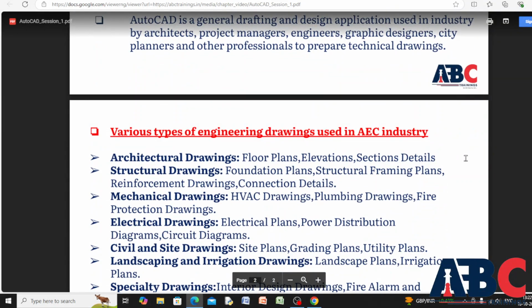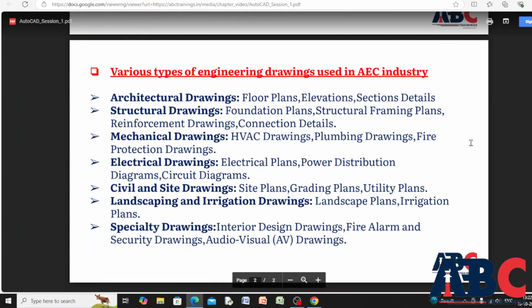Various types of engineering drawings are used in the AEC industry, that is, the architectural, engineering and construction industry. So let's see architectural drawings, which contain floor plan, elevation, section details, etc. Structural drawings contain foundation plan, structural framing plans, reinforcement drawing, connection details. And in mechanical drawing, they also use AutoCAD, and their drawings contain